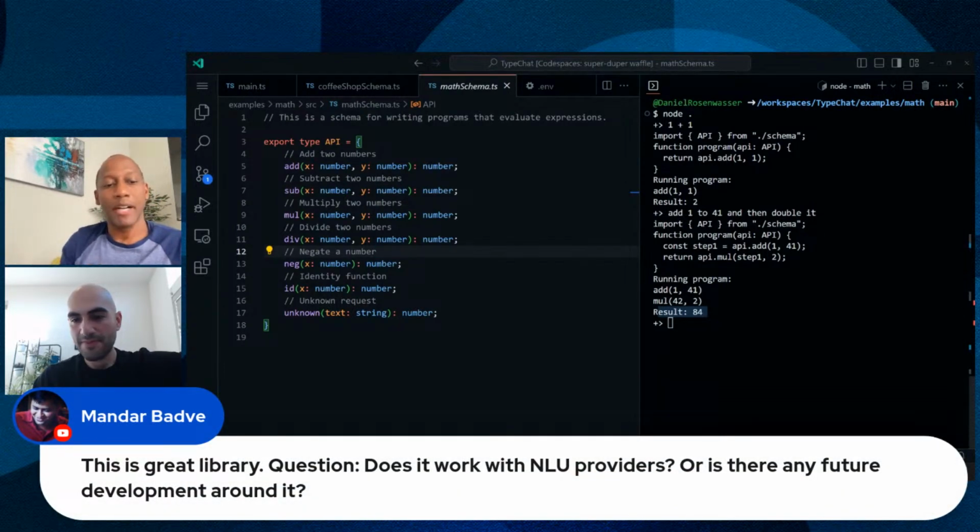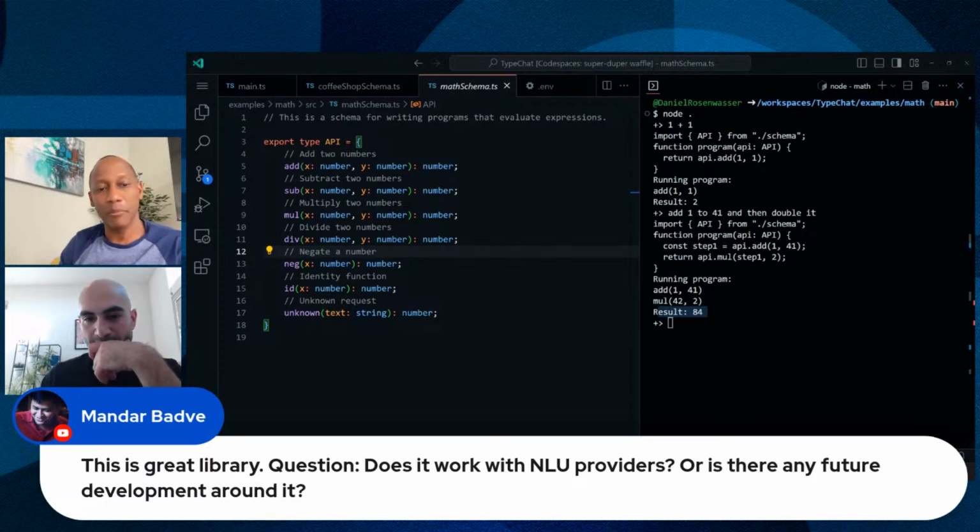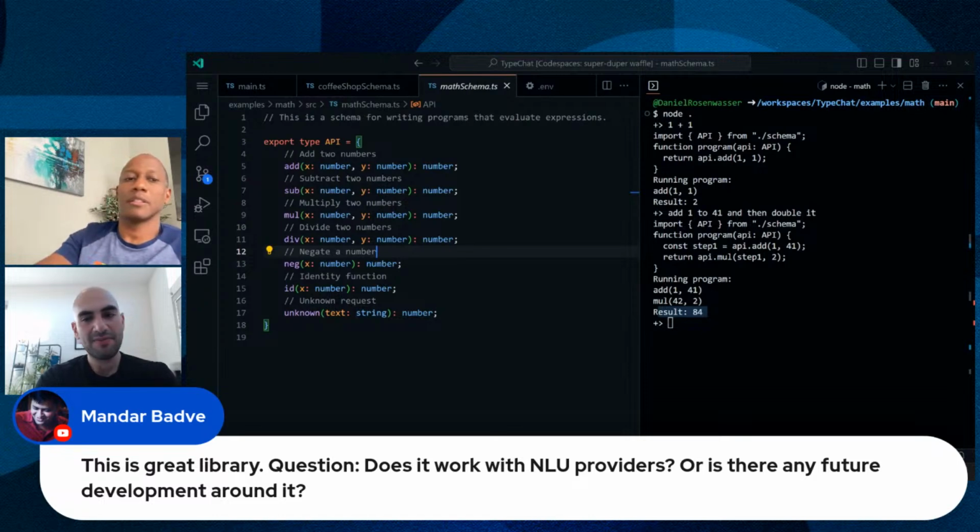Mandar Badvi says, this is a great library. Question, does it work with NLU providers, or is there any future development around it? I don't know what an NLU provider is, if I'm going to be honest with you. Maybe I've heard it in a different form, but this is one of the things that